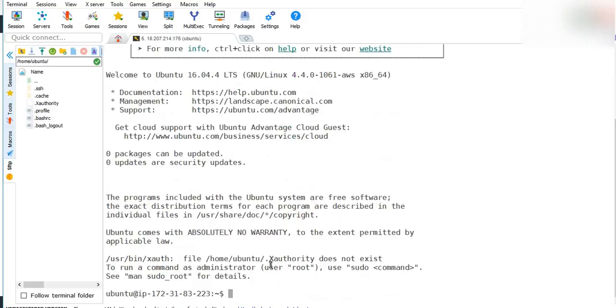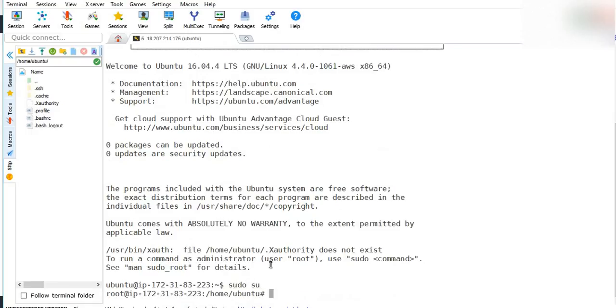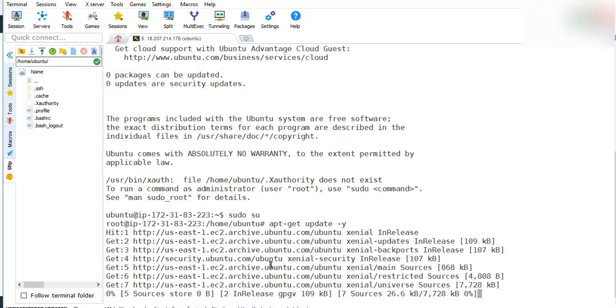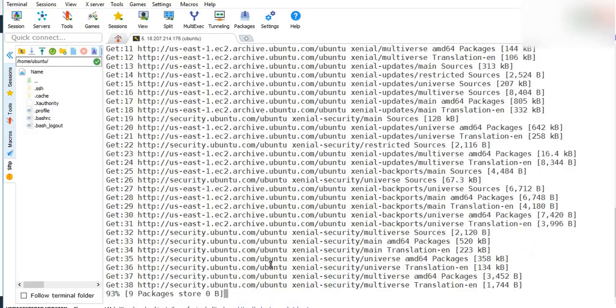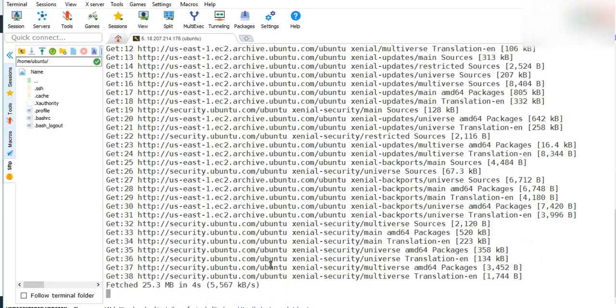Okay, so first thing, what do we do? sudo su, just to make yourself a root user. Once this is done, then we will run update. So instead of yum, it is apt-get update here. Some updates were already there, so we are updating those.